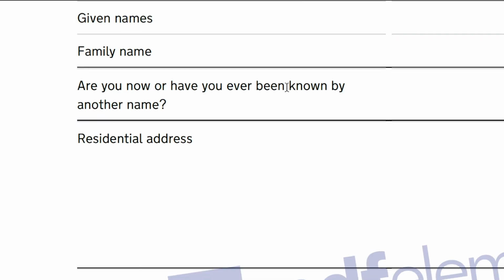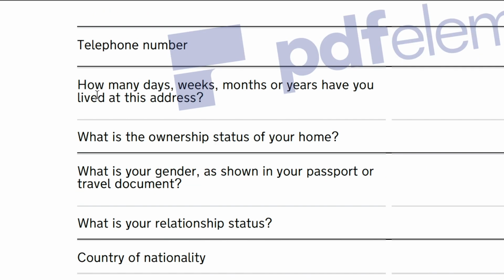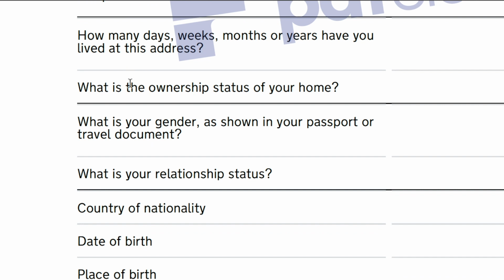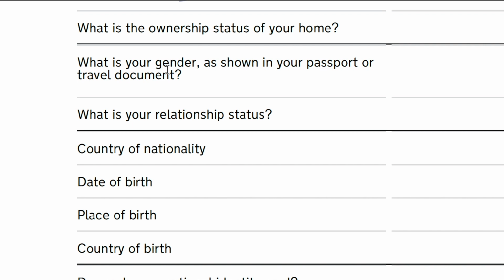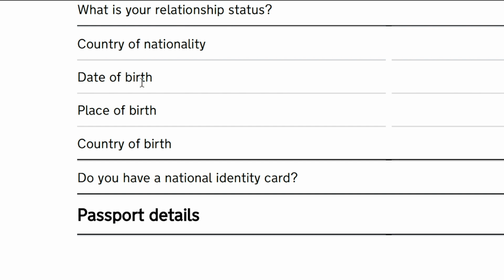Are you now or have you ever been known by another name? Residential address, your phone number. How many days, weeks, months, or years have you lived at your address? What is the ownership status of your home? Are you renting? Are you buying? What is your gender as shown on your passport? What is your relationship status? Are you single? Are you married? Are you entangled? Is it complicated? Country of nationality, date of birth,